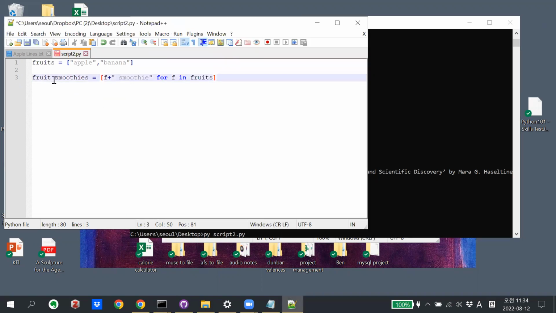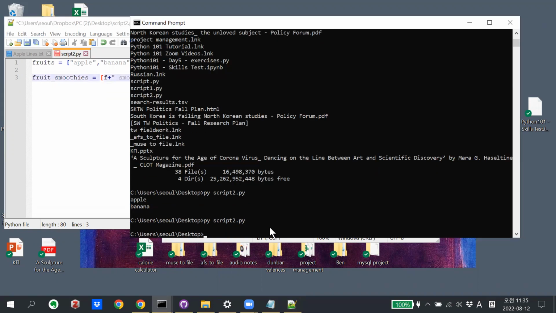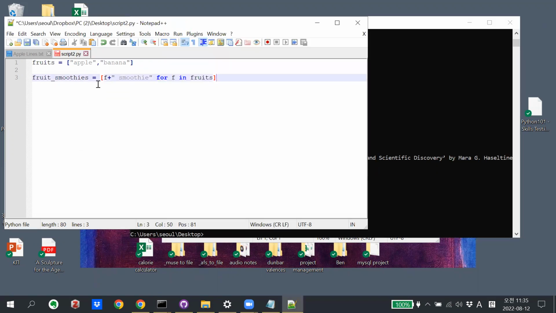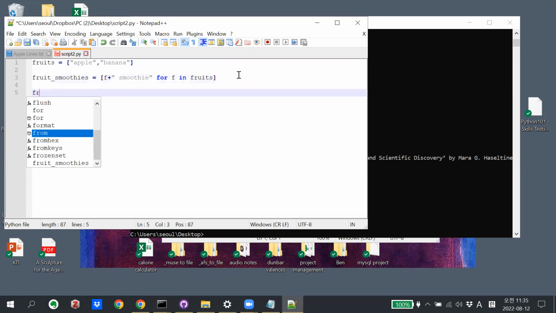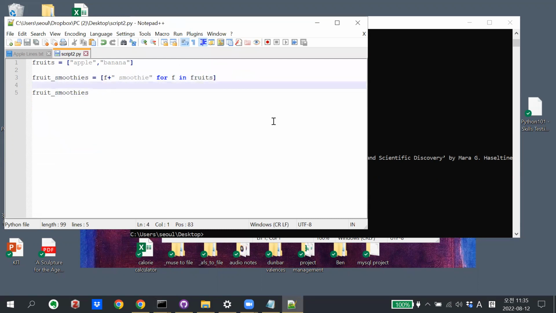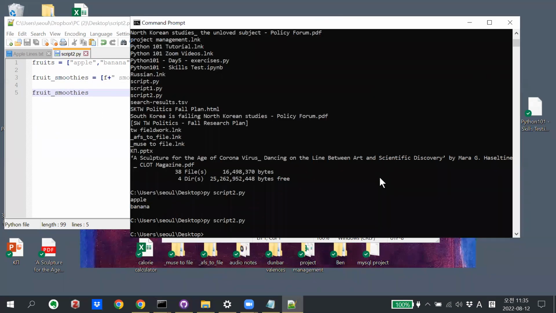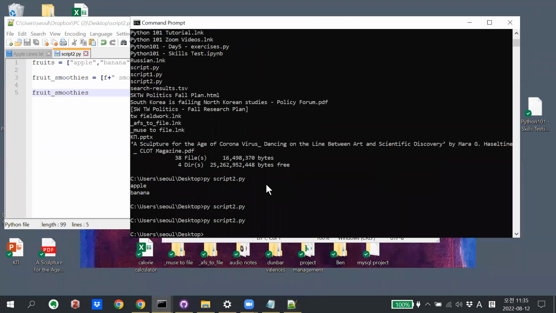It is creating this list, right? But it just ran it. It did it, but I'm not asking it to print anything. So I can print out fruit smoothies here. Okay, so now what's going to happen? See, it did it again, but the difference is